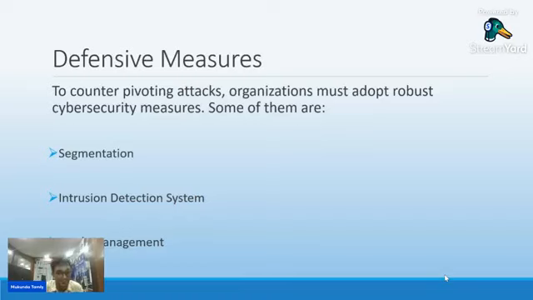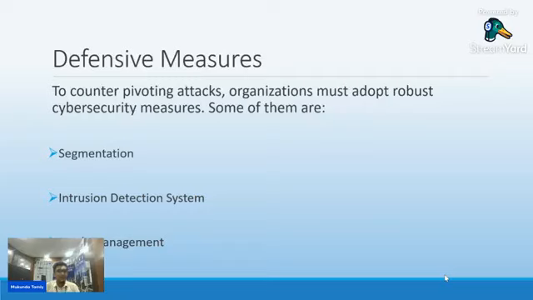First is segmentation, means segment the network into more and smaller individual parts, and every part must be secured with a firewall. So it will block the whole thing, right? We have to create more segmentations, right? Then there is IDS, the intrusion detection system. If after getting the initial access there are malicious activities going on, it can detect that and prevent that system.